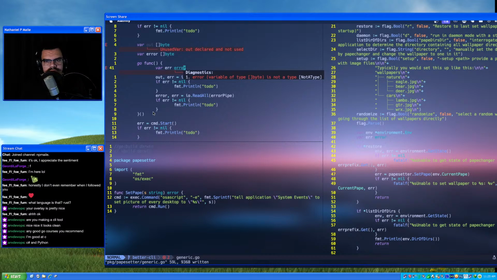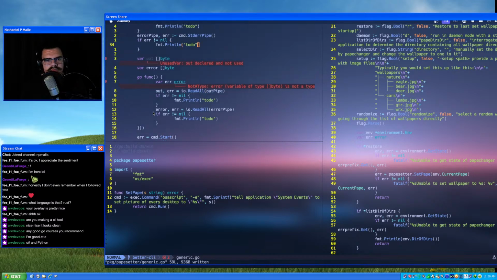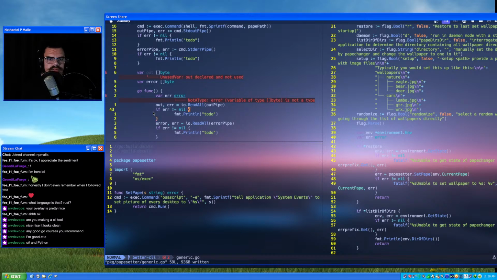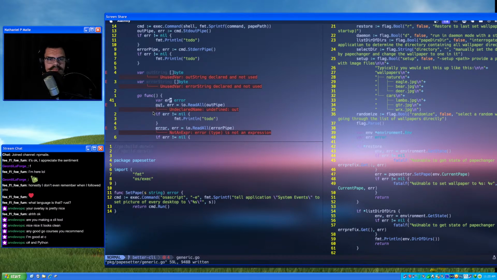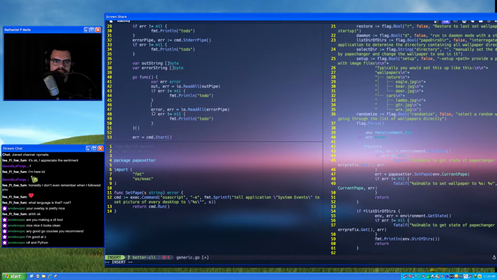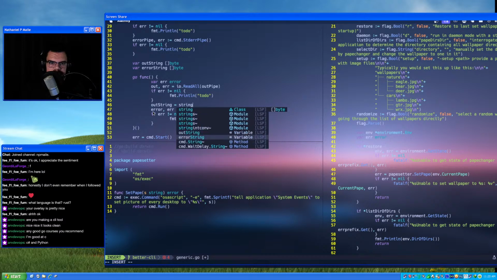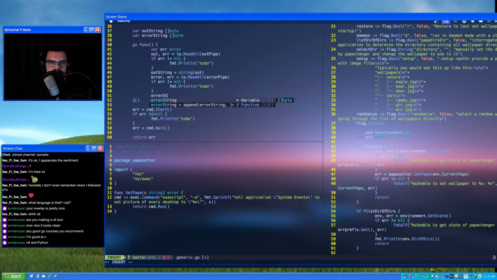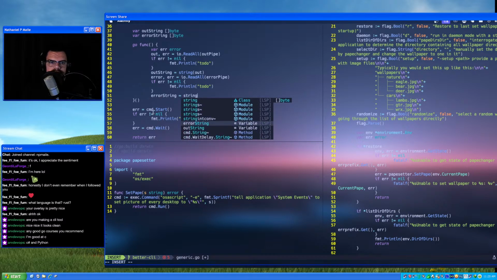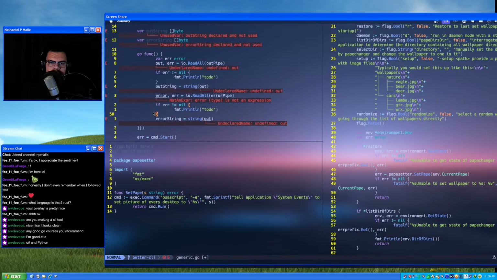Not a type. Variable of slice of byte is not a type. What? Out. Oh. Let's do outString and errString. So we'll just say outString equals string out, and we'll say errString equals string err.